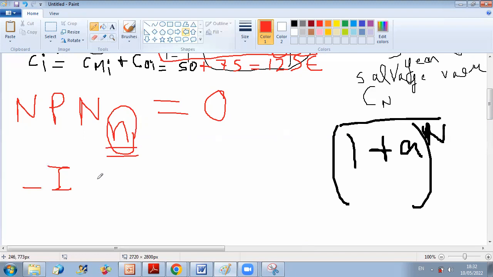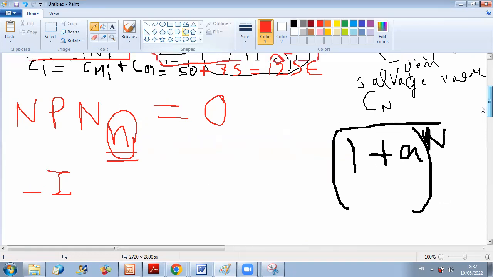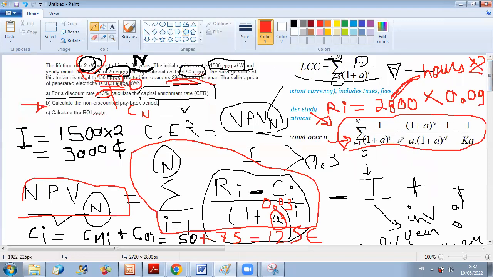Is it the same as NPV, but considering A equal to 0? Here there is no A, so you cannot use that formula, because it has A in the denominator. You have A here in the denominator, so you cannot use it here. What you can use is this: if the revenue and costs are not